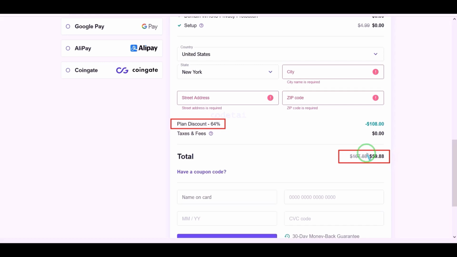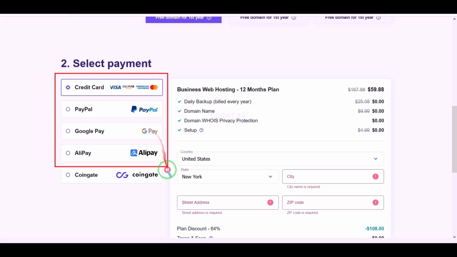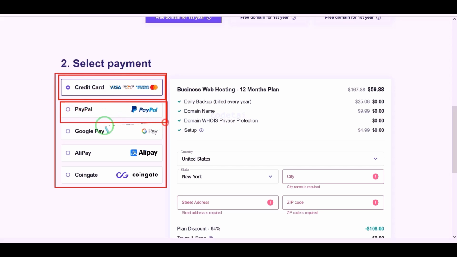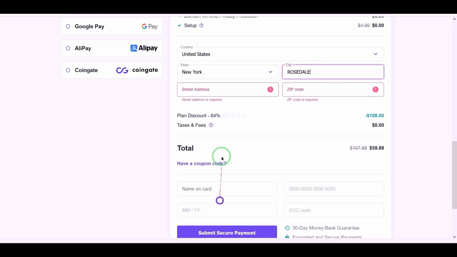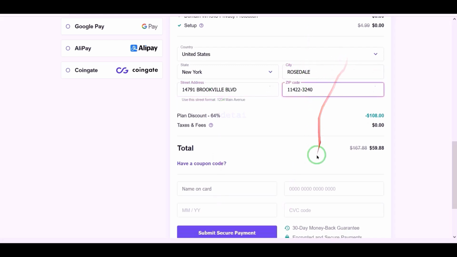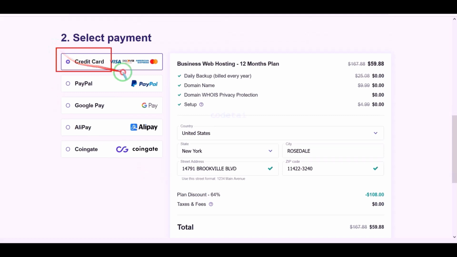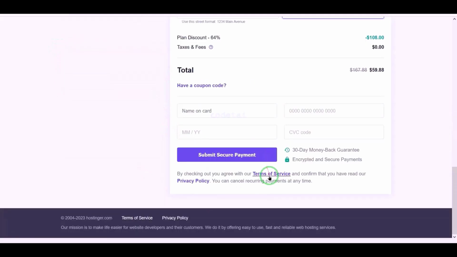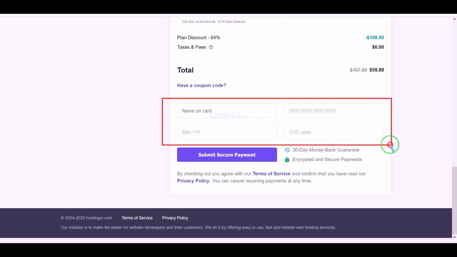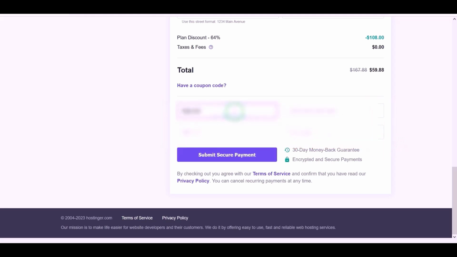We have to pay a total of $59.88. We can purchase domain hosting using many international payment gateways. You can purchase domain hosting using your preferred payment gateway. We need to submit account information here to make payment. For example, we will now pay by banking card. For this, we need to submit correct card information here. Then we have to confirm the payment by clicking this button.